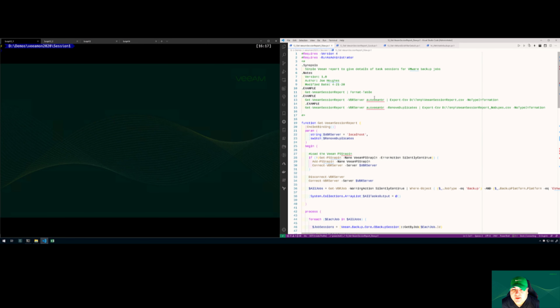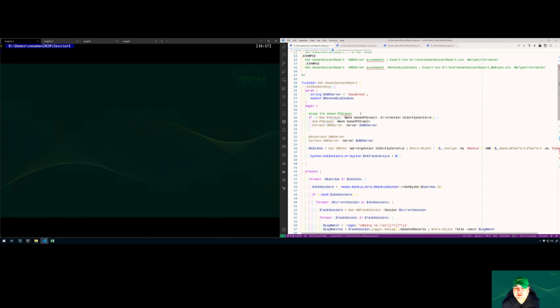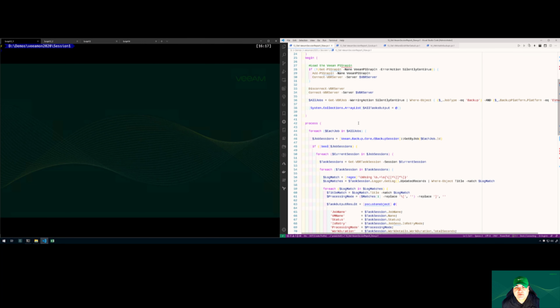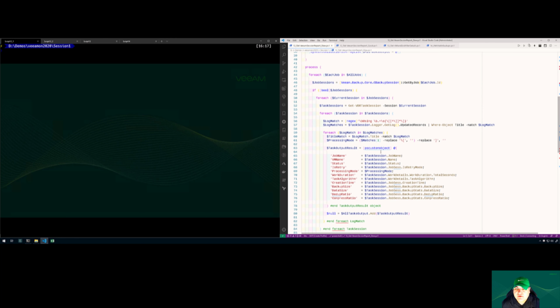Okay, the next example we're going to take a look at is pulling out some information from Veeam sessions. What I'm looping through here is getting information about jobs, backup sessions, task sessions, and then even parsing some details out of the log. So in the end, the root of the information I'm getting here is a job name, a VM name,